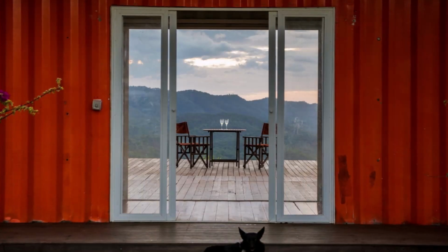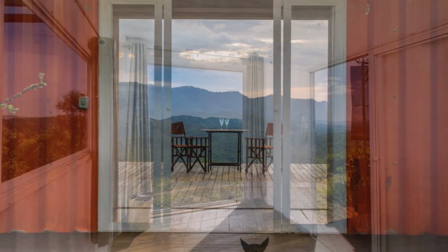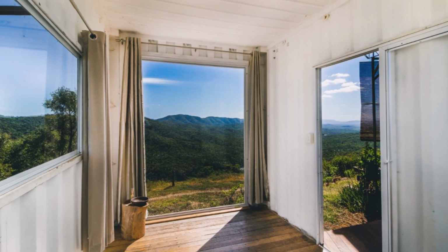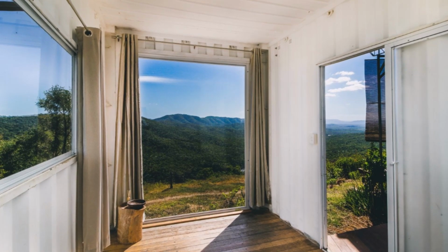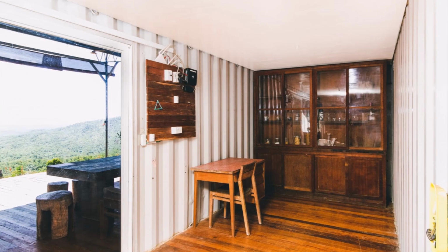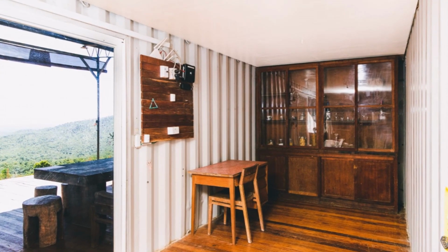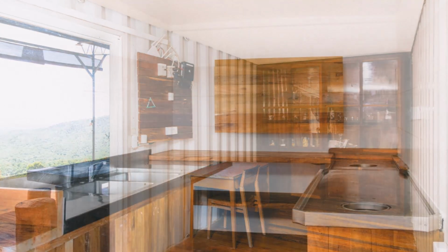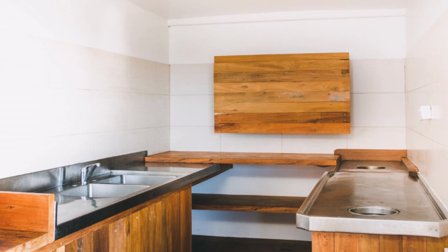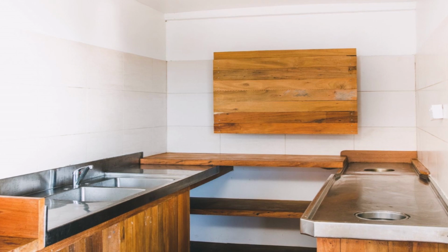The floor-to-ceiling windows and doors make the most of the stunning views and let in maximum daylighting into the white-painted interior spaces. A basic dining area with floor-to-ceiling storage units next to it welcomes you into this amazing container home. The kitchen is a small, compact primary space fitted with butcher block countertops, open shelf storage, and under-the-counter custom-made wooden